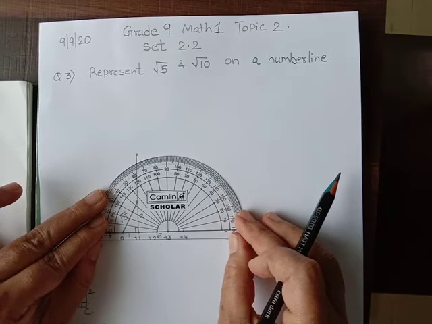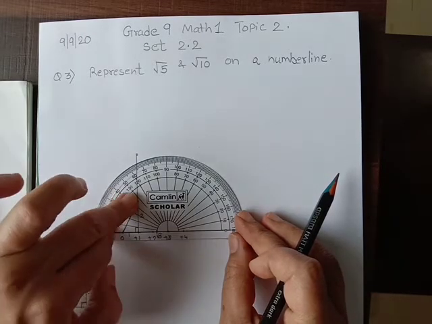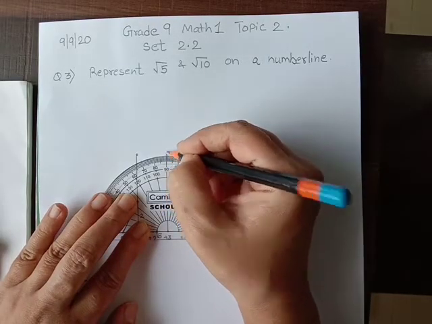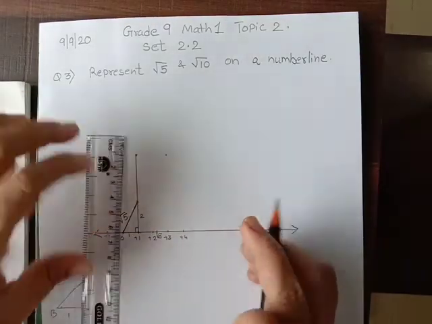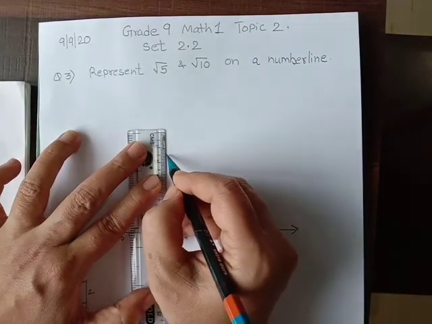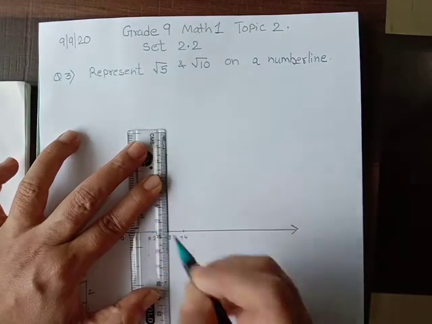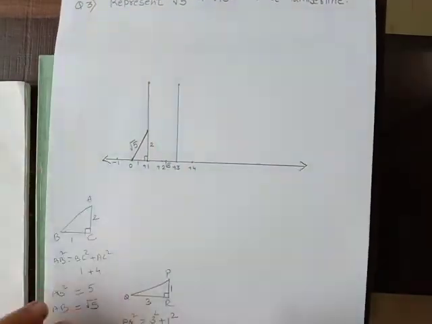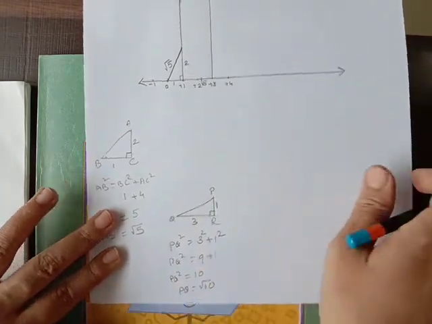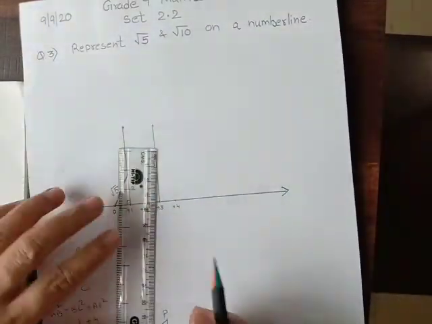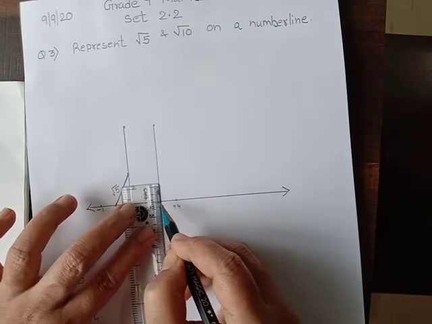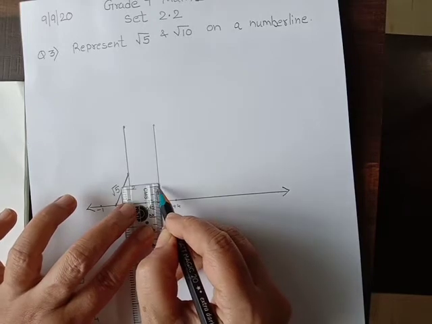I hope you are understanding what I am trying to do. You can see the 8th standard video as well. So this is again a perpendicular line drawn from 3 centimeters. But now, if I am drawing this 3 centimeters, look at this diagram. This is 3, this should be only 1 now. So I am going to mark only 1 centimeter, exactly 1 centimeter.